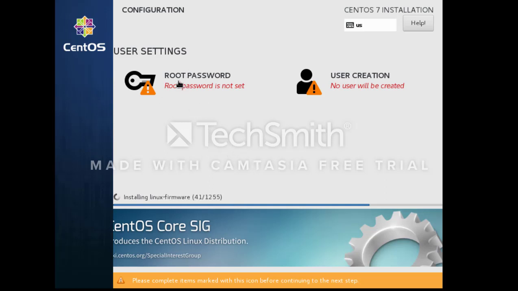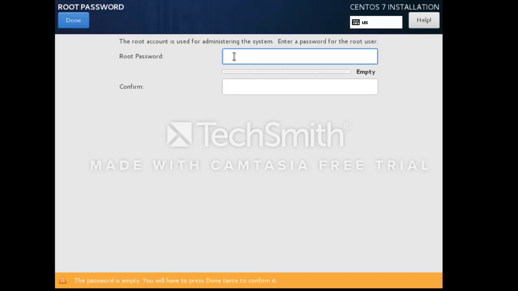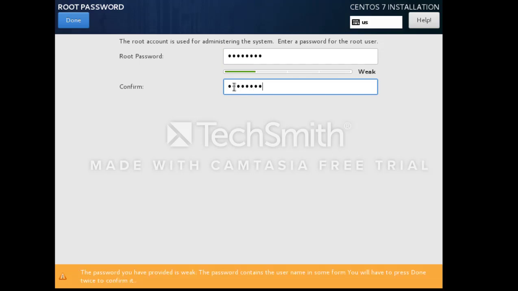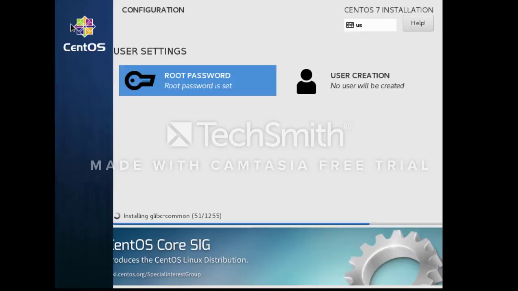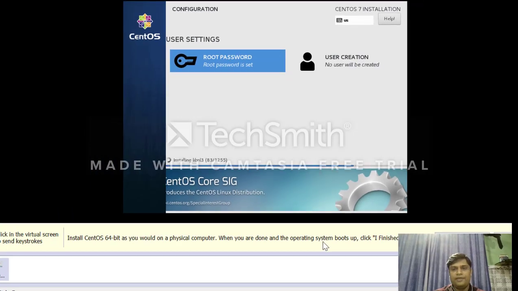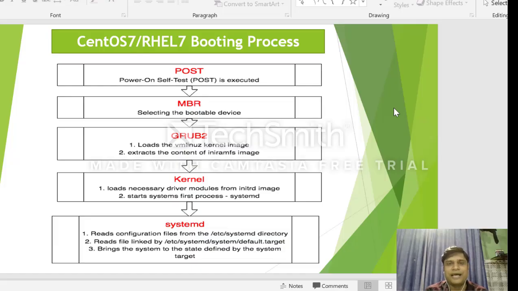Meanwhile, we can select the root password. The username is root. We can provide the password as root at the rate 123, and confirm it. Okay, so this is a weak password. You can set a strong password as well, but this is okay for me. I will just click two times on done because it is a weak password. So first time and second time, your password is set for now. So guys, let it install all the packages while I explain all the steps which run